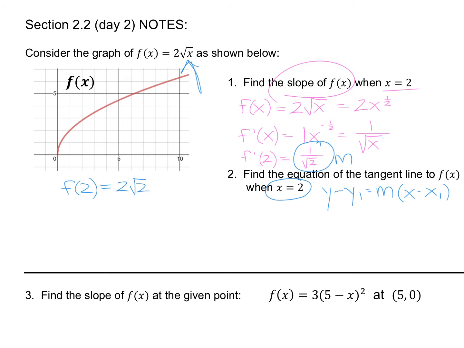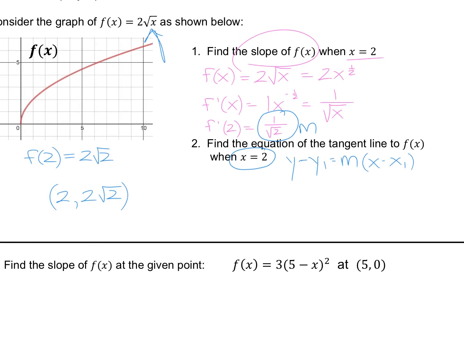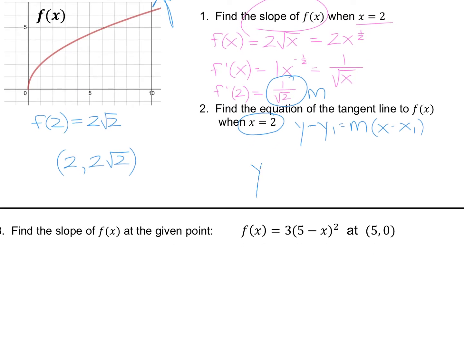So essentially what you have now is a slope that we found in part 1. You plugged in 2 and got out 2 root 2, and that's your y value. Okay, this is a perfect place to not make yourself go to y equals mx plus b, because I don't care. Go directly to point slope form and leave it. Okay, so I would plug in y minus, what's my y value? 2 root 2 is equal to, what's my slope? 1 over root 2 times x minus